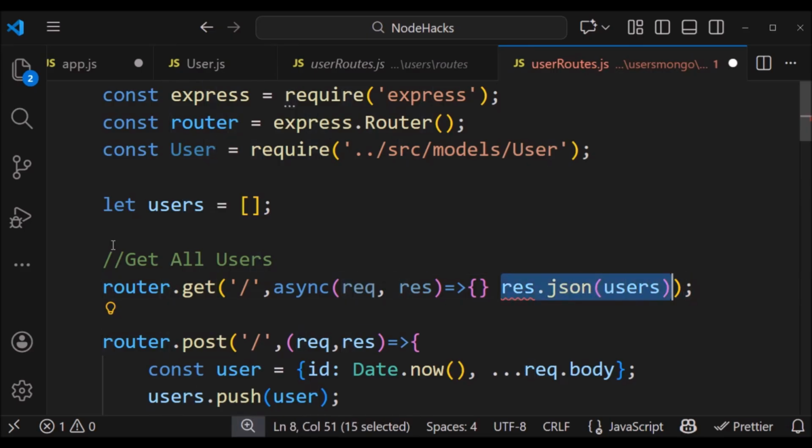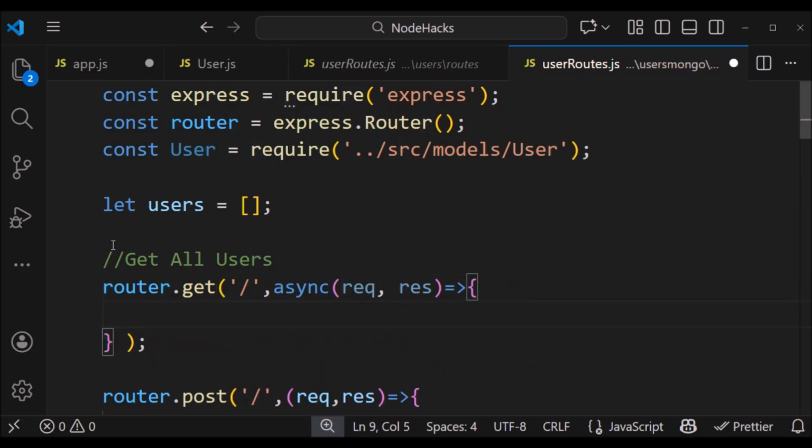A promise in JavaScript is an object that represents a value that will be available in the future. When we fetch users from the database, it doesn't happen instantly. So JavaScript says, I promise I will give you data later. That later result is a promise. This does not block the program. It returns the promise immediately and the result becomes available later. Async and await are modern JavaScript keywords that make working with promises much easier.